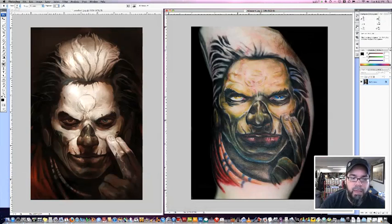Obviously, Justin made a decision to shift the colors, to take the white makeup of the face and turn it into more of a murky yellow or a greenish color, which is fine. There's nothing wrong with that, because really what's more important than the color is the value range and the contrast. So the first thing that I'd like to show you guys is